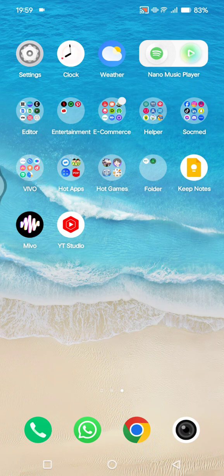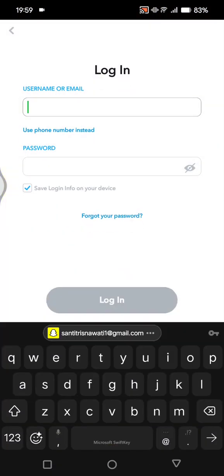On today's tutorial, I'm going to show you how you can recover Snapchat account without phone number or email. And in here, I'm going to start by opening the Snapchat app on my phone. So as you guys can see here,